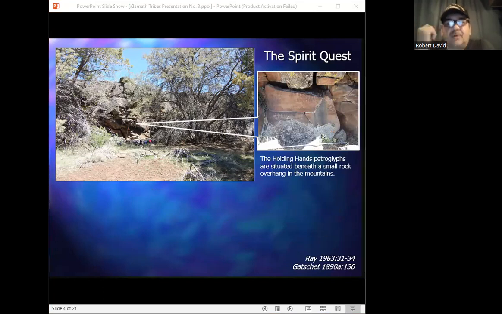So, a shaman's spirit quest. Now, the shaman's spirit quest was somewhat different from an ordinary power quest, especially with regards to its complexity and its overall goal. In the ordinary power quest, for example, the goal is to secure supernatural assistance for difficult life pursuits, such as hunting, gambling, warfare, becoming a village leader, being a good trader, a good public speaker, and so on and so forth.